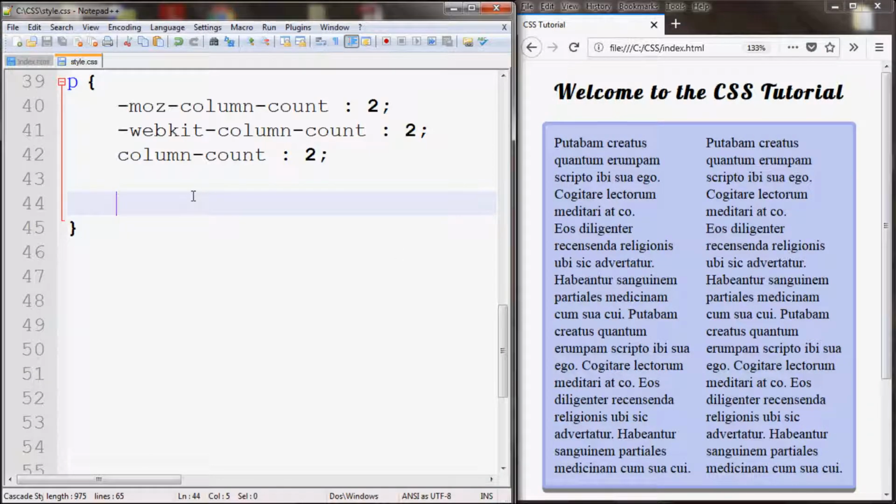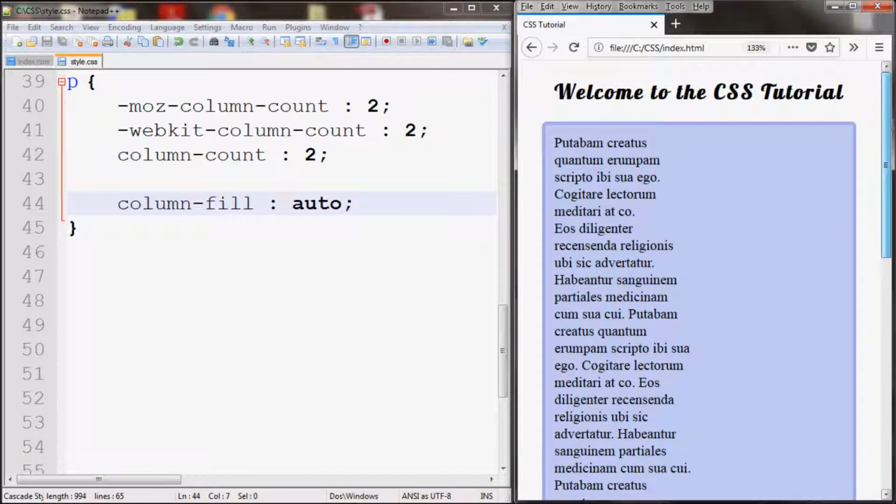You can also use the column fill property, which specifies how you can fill a column. So for example, if I give auto, by default it's balanced, meaning all the columns it will try to keep the same size. With auto, you need to have a height property set for your element as well. So for example, if I don't and refresh, as you see, it just filled all the text